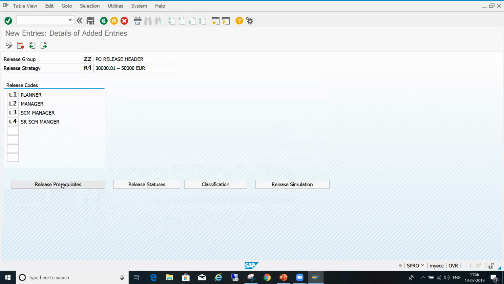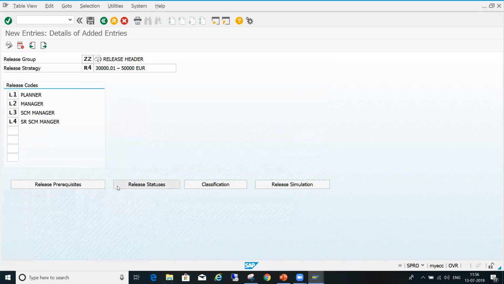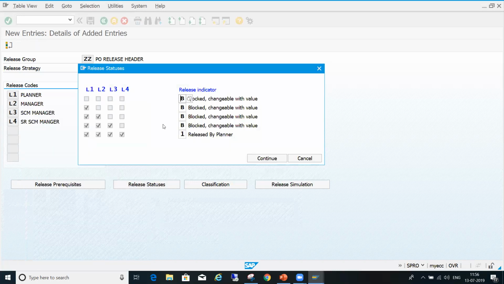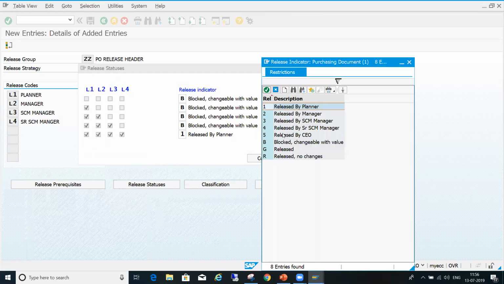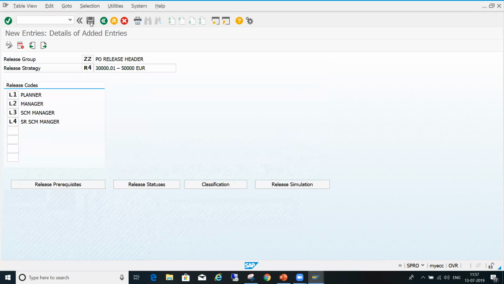Then release prerequisite. For L2 to release, L1 has to release; for L3 to release, L1 and L2; for L4 to release, L1, L2, L3 to release, and continue. Release prerequisite, release status. So all levels released means senior SCM. You can give this button, continue, save it.